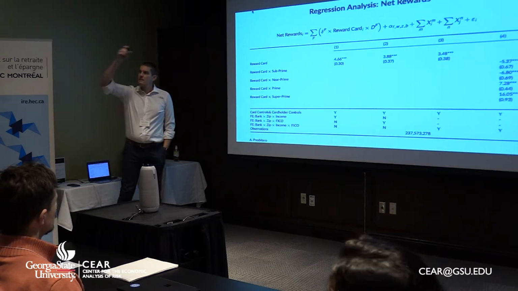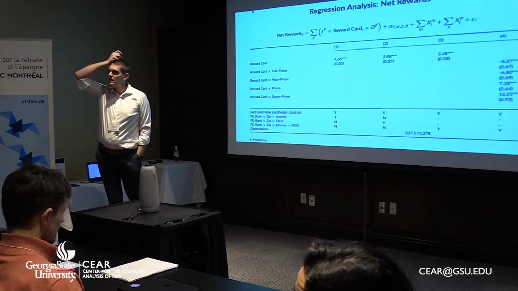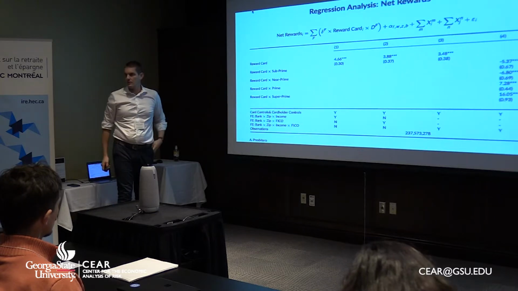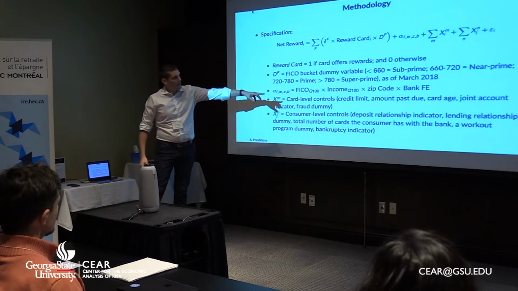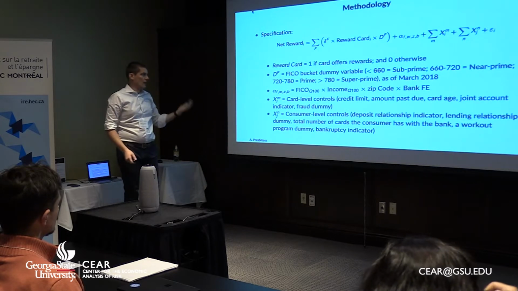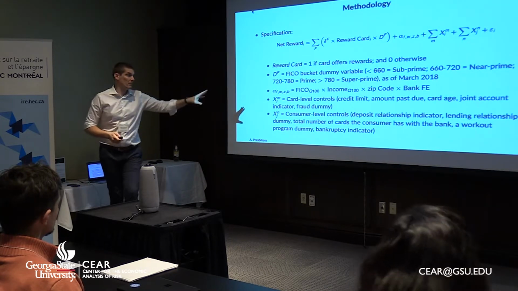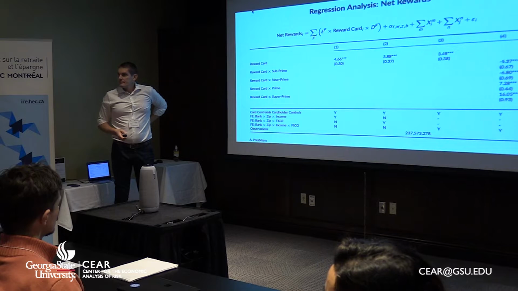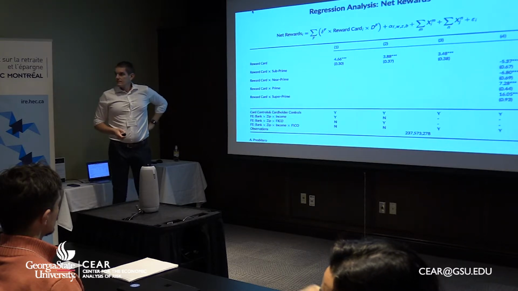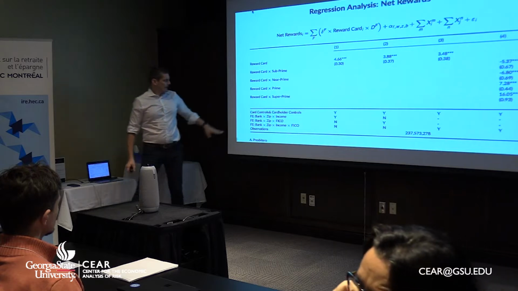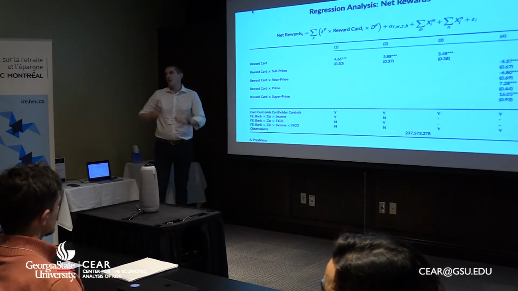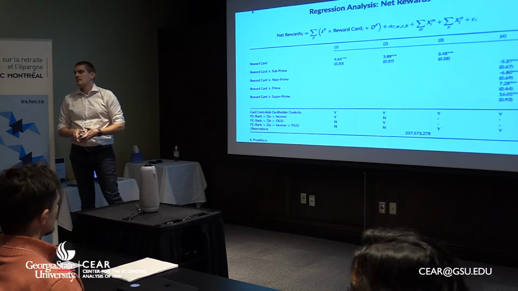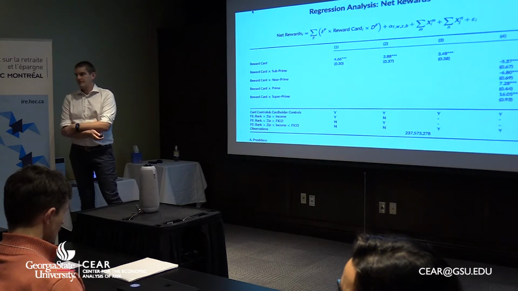Just for clarification, do you control for credit limits? Yes, we control for credit limit, and in a second I'll show you the robustness in which we do more than that. But yes, we control for credit limit, amount past due, card age, joint account indicator, fraud, and a bunch of other stuff that we have. But the most important is clearly credit limit. And those controls are done additively or with the FICO score? No, this is additively. So this is the set of fixed effects, and then we have card-specific and cardholder controls. It's possible, for example, that the credit limit might matter more to people with lousy FICO scores. Yeah.